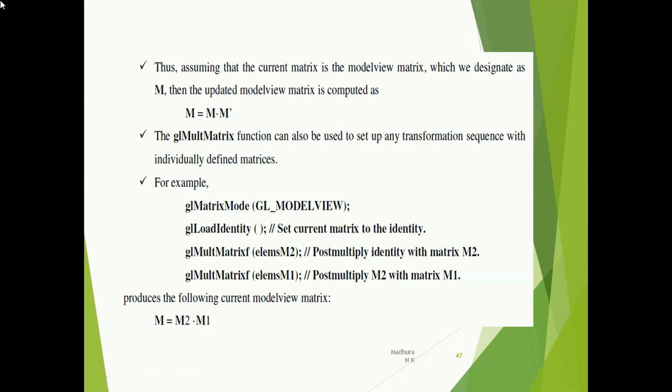In simple words, what I can say here is that you have your current matrix, and you are going to multiply it with certain values. Now we want to initialize this current matrix with certain values, so you give the values for the current matrix. Finally you get the model view matrix. So you are just updating the model view matrix with the new values. That is what we have written here.